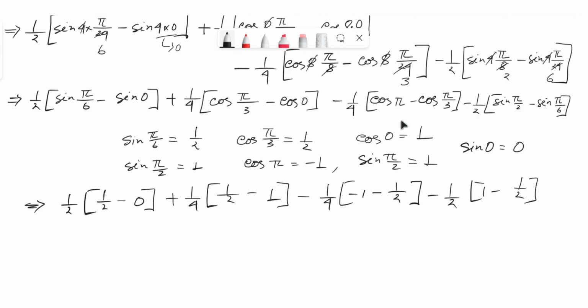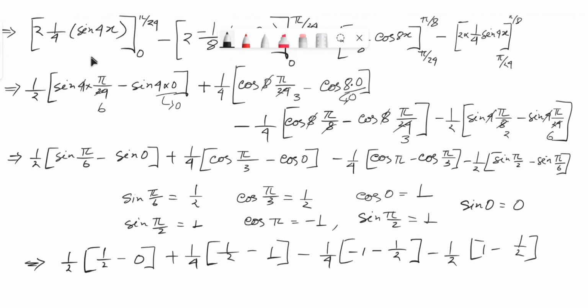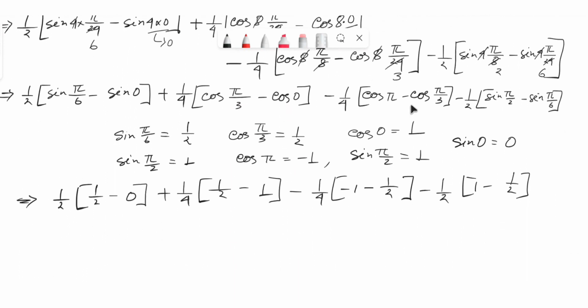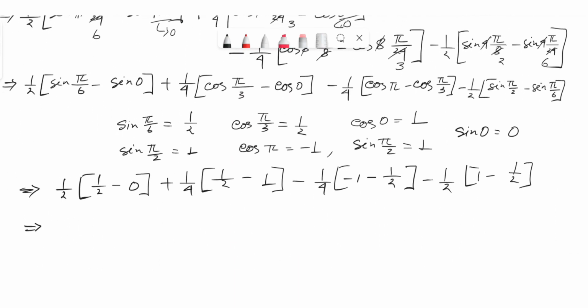One thing we need to mention here is that we have integrated this part, so it will give us a c here. You can write that c, but we do not need to write it here because it is simply asked to find the area. Okay, so let's find the area. Let's take the LCM. From here we have 1 by 4 plus, from here it will simply give us minus 1 by 8, right? Because from 1 by 2 minus 1 it will give us minus 1 by 2, and we will multiply this, it will give us minus 1 by 4 into